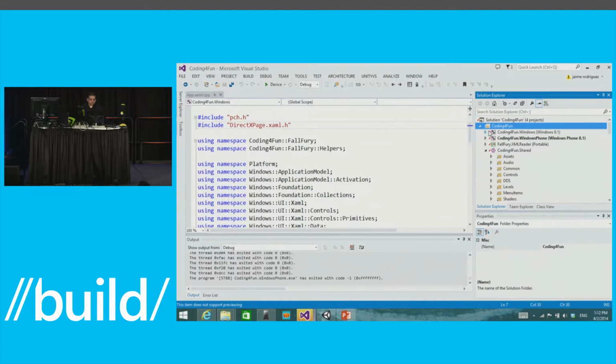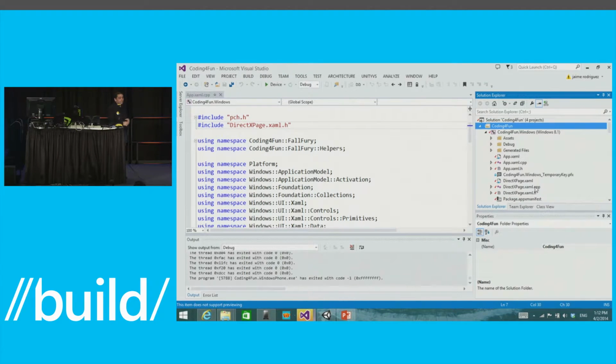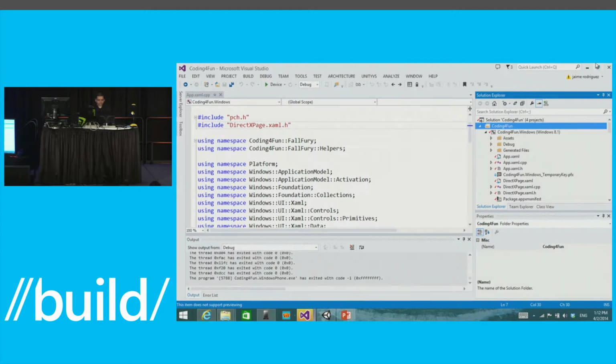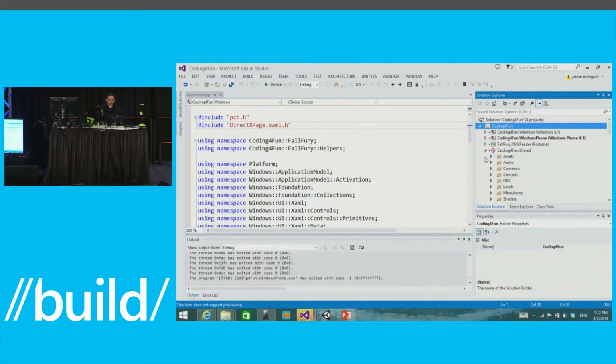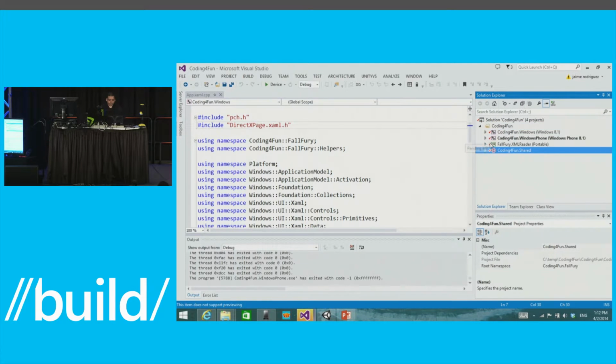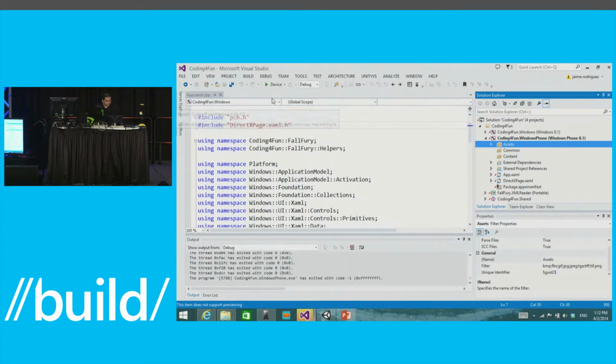If I go in there and open, for example, the Windows configuration, you'll see that all we have is the app.xaml and the actual page that's hosting the game. And arguably, we could have actually shared that. We just started, and we did it very quickly, and that's what our first run was like, so I left it alone like that. But right now, all of this code is now shared. Everything under shared is now available for both Windows 8.1 and Windows Phone 8.1, so you can see it right there, like 90%. This is literally empty on Windows Phone 8.1 here, right? And I can run the exact same game. So let's go here. This is the exact same source.